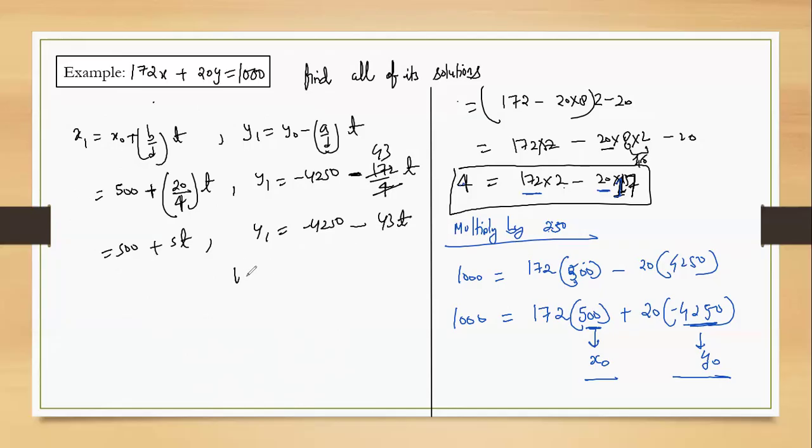Where t belongs to Z, basically some integer, not a fraction value. Now you got this point. You can put any value of t, like t can be 0. So these have infinite solutions. We will do many questions on Diophantine equation problem finding and other solution finding, which we will discuss in the next video.